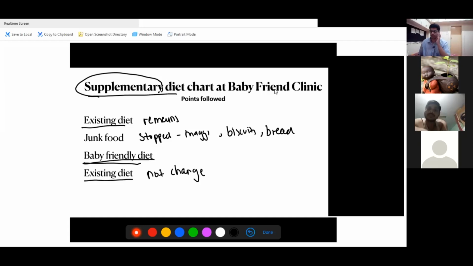So for example, this 4 year old child comes to your clinic. His expected weight was 16 kilo, but his present weight is 10 kilo. Now you have to make a diet chart for this patient. You know he's coming under nutrition, because he's between 80 to 60%. So while making a diet chart, tell the mother, whatever rice, dal, chapati, bhaji she's giving, please keep giving it. Don't stop that.